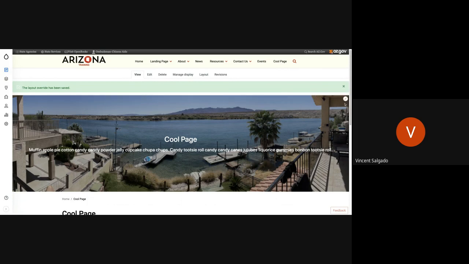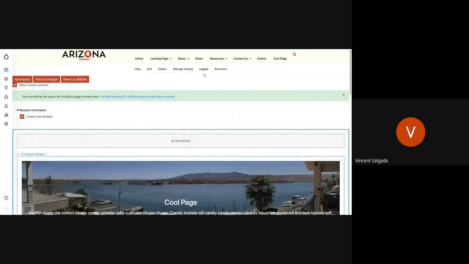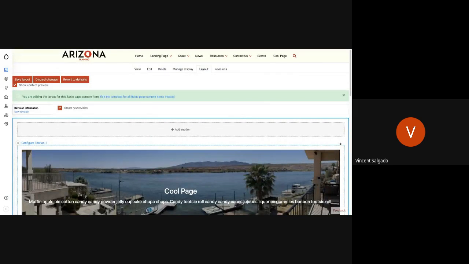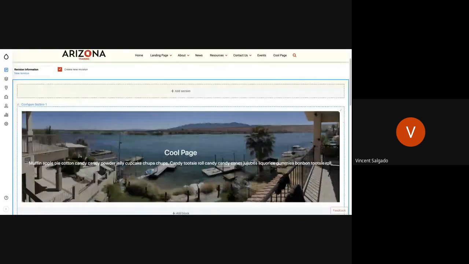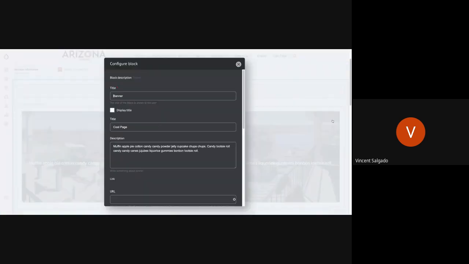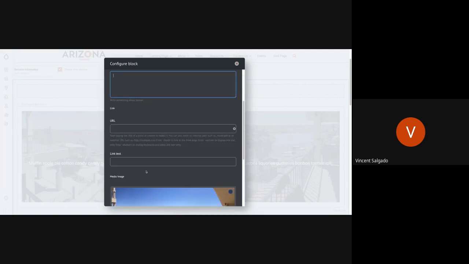There's another thing that pops up below there, but I'm going to go back into the layout builder here. I'm going to scroll down, click on this pencil, and go to configure. This allows me to go in, change what I had just put in there, remove that description,